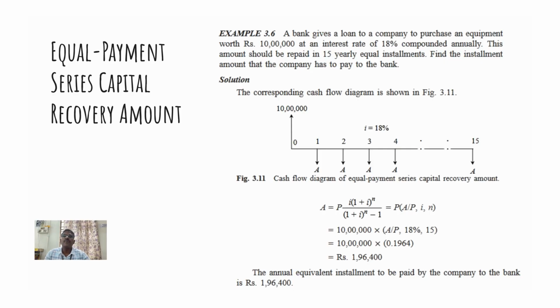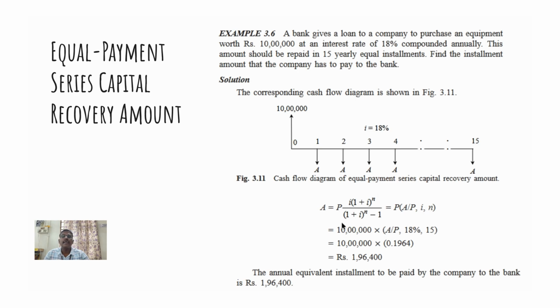Find the installment amount that the company has to pay to the bank, and draw the corresponding cash flow diagram. The initial payment is rupees 10 lakhs, given by the bank, for 15 years at 18 percent compound,